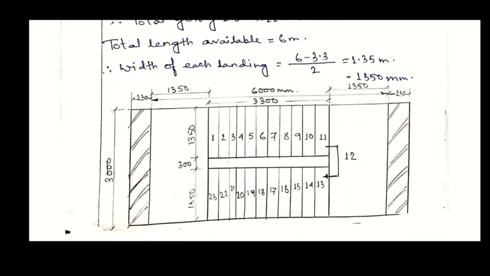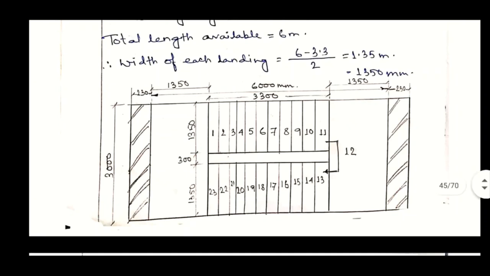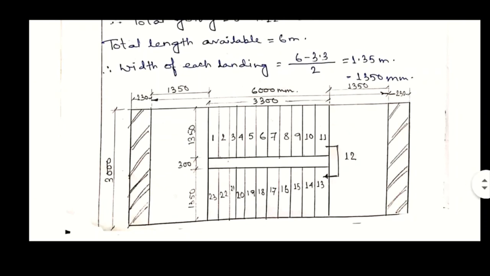So let's check out the figure as per the geometric design. This is the plan of this dogleg staircase. All dimensions are written as per the calculation. So the total length is 6 meter and the width is 3 meter. Okay, so 6000 mm and 3000 mm. Now the run is